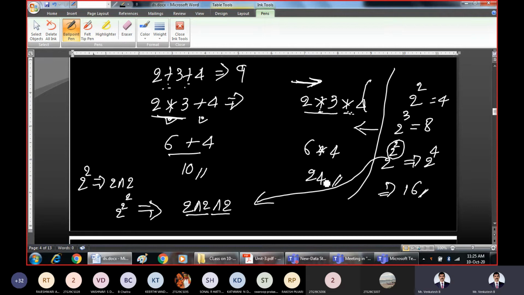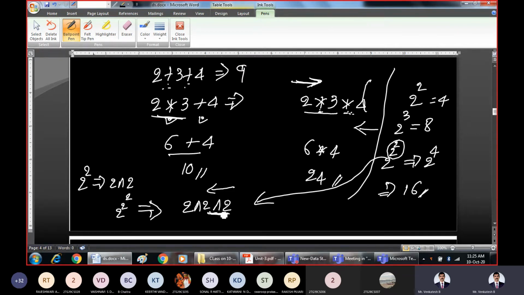Now, as per our convention, first we have to evaluate this 2 raised to 2. That means first I should evaluate this power, because there are two power operators now. There are two power operators, and for associativity we have to decide whether I have to go from left to right or right to left. And this is the operator where I should go from right to left. If you go from left to right, the answer will be wrong. Why? Because in such power operators, we will first solve this exponent and then we perform 2 raised to 4.